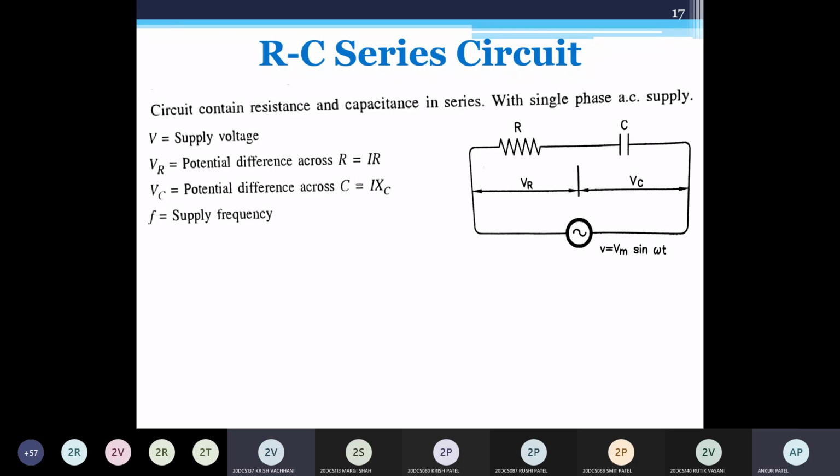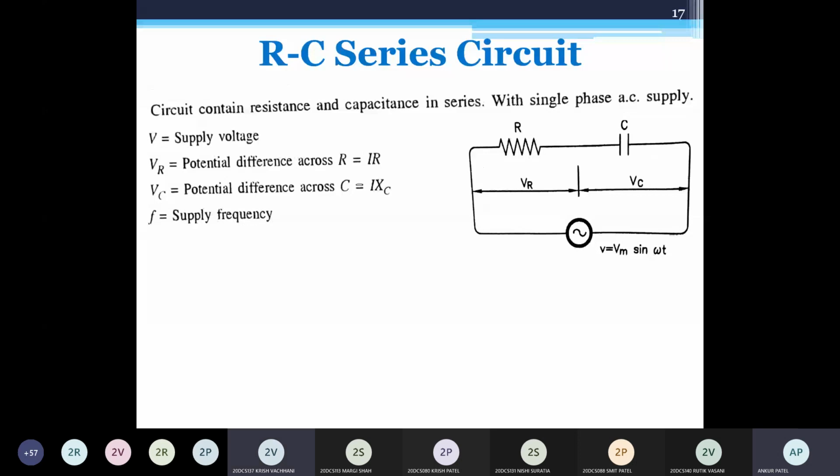The voltage will be lagging the current. But how can I start drawing this phasor diagram? It will be in the negative y-axis direction. But I have to take something as reference. So what will I take? Sir, current would be in the positive X direction. Current, this is a series circuit, so current remains the same. So take current as reference.